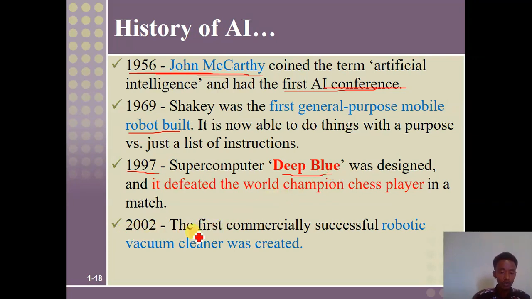So in 2002, the first commercially successful robot